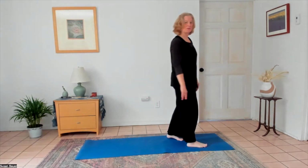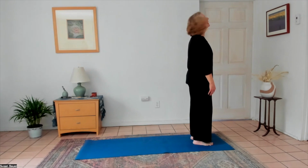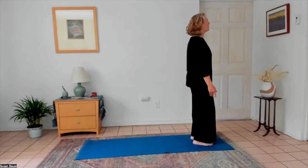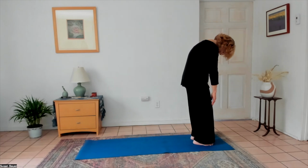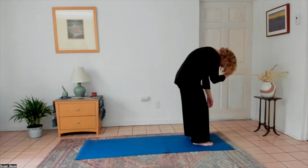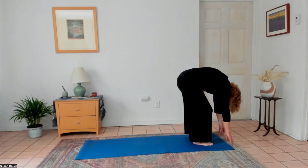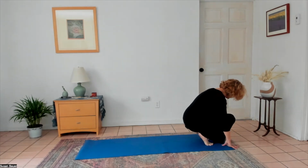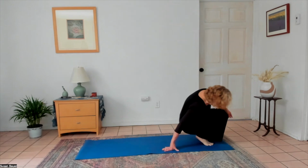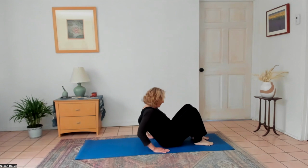You're going to need some room to lie down behind you. So I'm going to come to the edge of my mat here. And again, just softening in my ankles and knees, dropping your chin down onto your chest, letting the weight of your head pull you forward, and coming all the way down. You can use your hands to help you to come into a little squat position. And then we're going to use our hands to help us to come to sitting and to help us roll